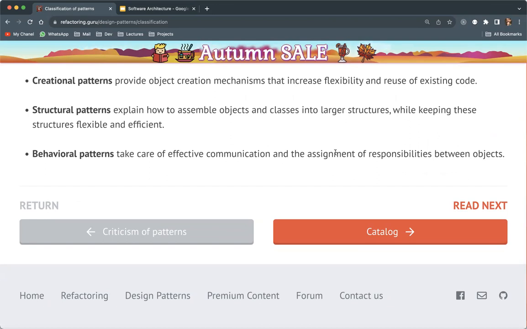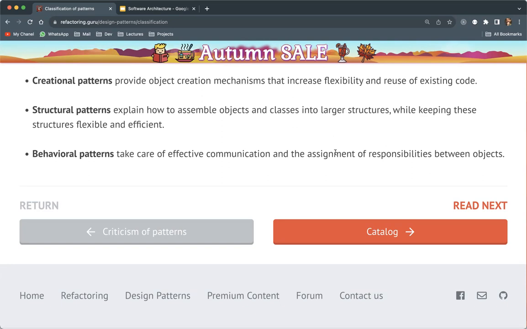If you go through any design pattern course, you will find this as the example of classification of design patterns. So based on what we are trying to achieve, we will have our design patterns categorized into